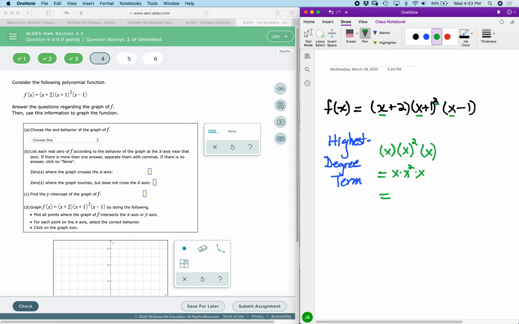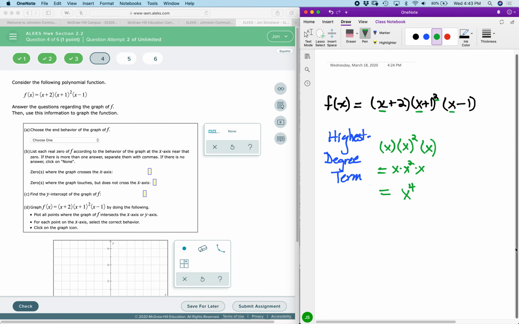Here we have x times x squared is x cubed times x, so this will be x to the fourth. So if you notice, for the leading coefficient, you have implicitly that a of n is equal to 1, so that is positive. And the degree n is going to be 4,